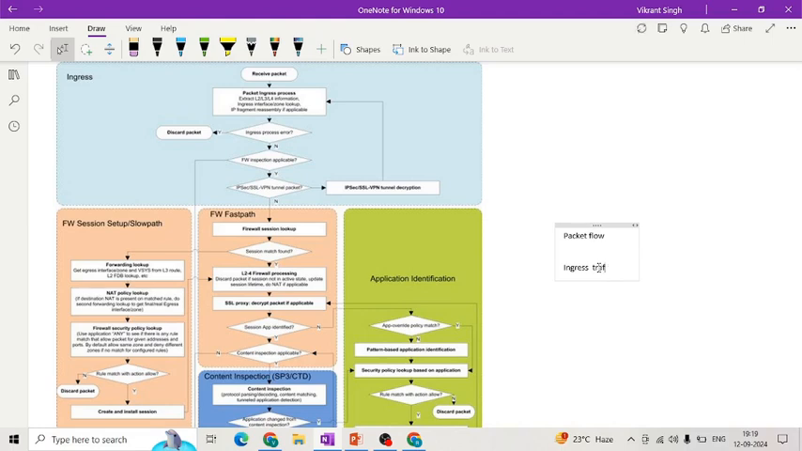Ingress traffic. In ingress traffic we have,